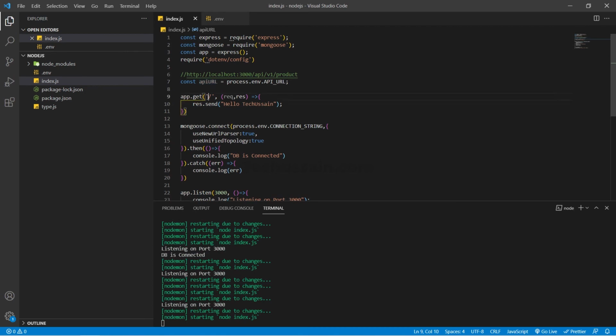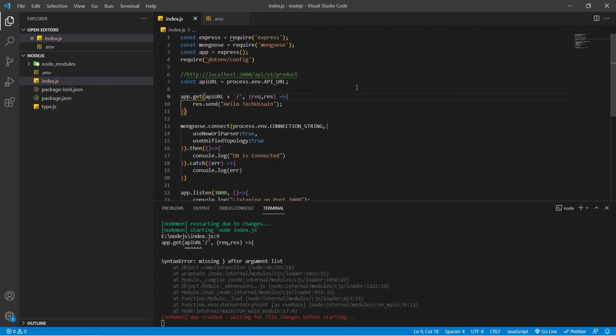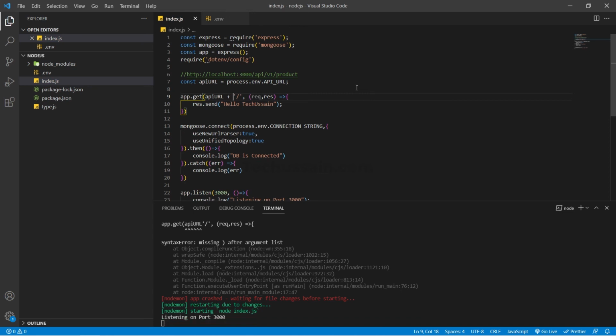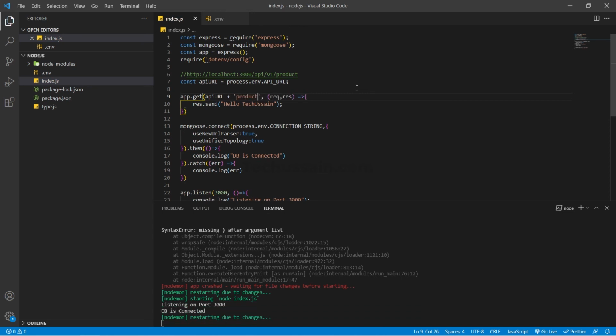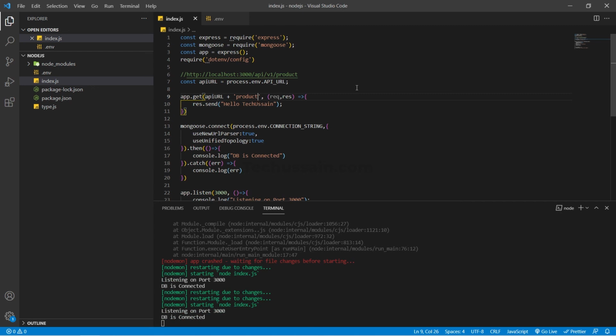Now copy that const and put it here, API_URL plus, I'm going to use the product keyword here in the path, so /product. And that's it. Now you can call this URL, localhost:3000/api/v1/product, and you will get the result.